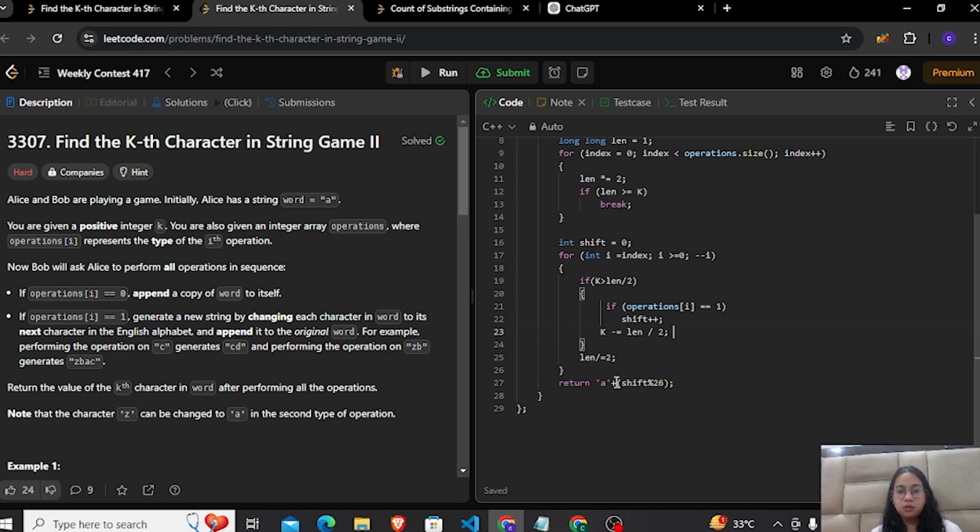adding this shift value to the character A, and this modulus is done by 26 just to maintain the record. Because the constraints are very large, our shift can be greater than 26 also. Since we only have 26 characters in the English alphabet, to maintain that record, we are just doing this